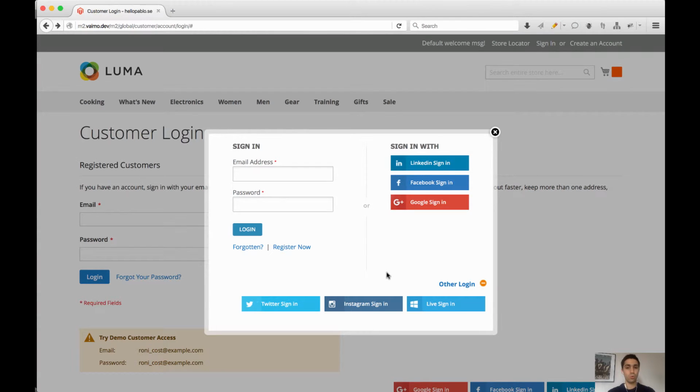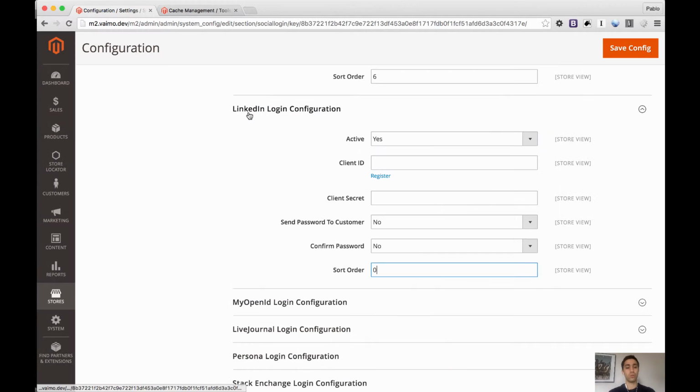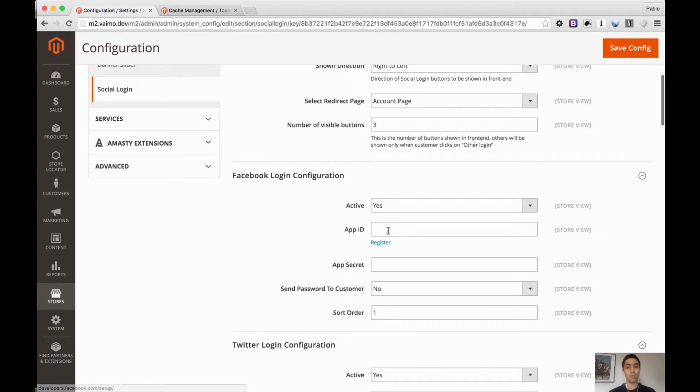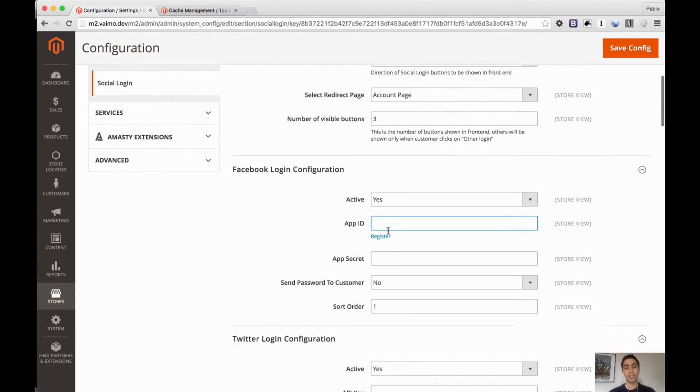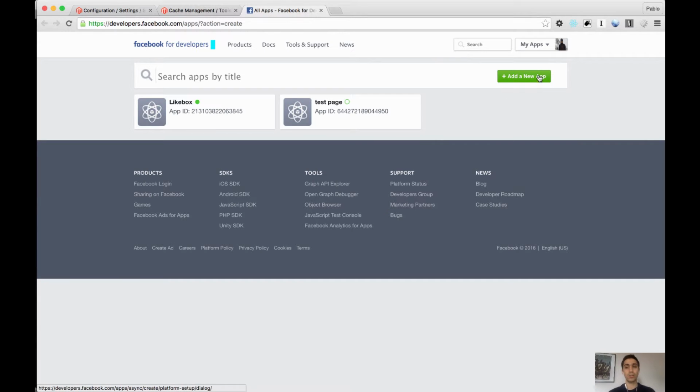Alright, so now let's look into how we can configure it so that we can actually log in with Facebook, because if I now click Facebook, I just get an error. So let's go back to the top, and here we need to fill in our app ID and our app secret. So let's start by clicking register here, and let's create a new app